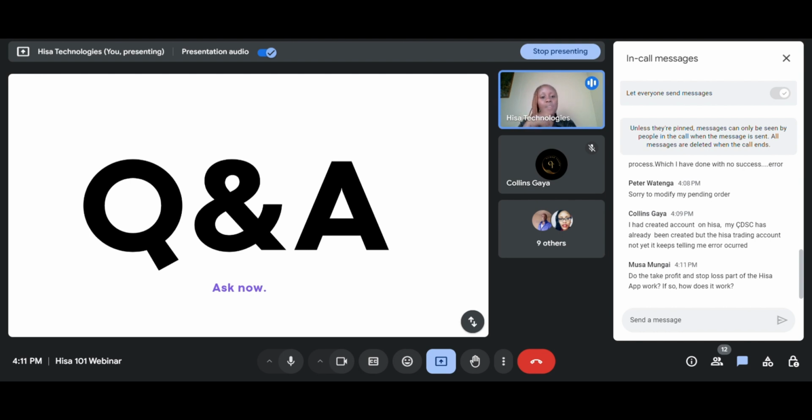Okay, for the pending order, you can just cancel it. Once you log into the app, on the invest page, you should see an orders section. Just tap those arrows. The arrows will lead you to an orders list. On that page, you can just tap on any pending order, cancel it, and just place it again. It is as simple as that.